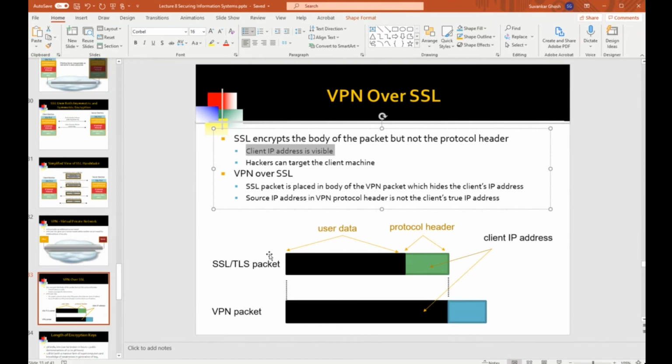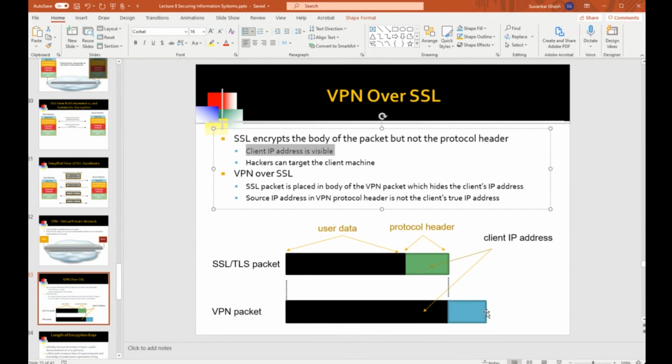So what happens in VPN is that the SSL packet, or the SSL or TLS packet, using the modern term, will be the TLS packet. This whole thing is enclosed within an outer protocol layer. So this entire packet with the source IP address and everything is placed in the body of an outer packet, is encapsulated within an outer packet, which has its own protocol layer, and it has its own source and destination IP addresses.